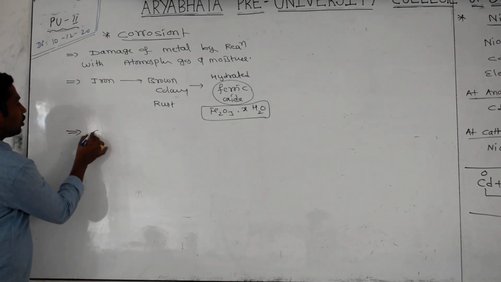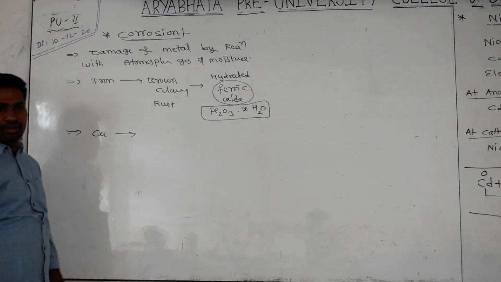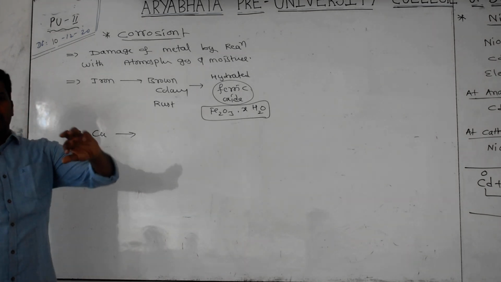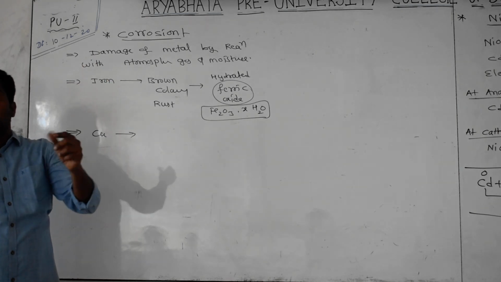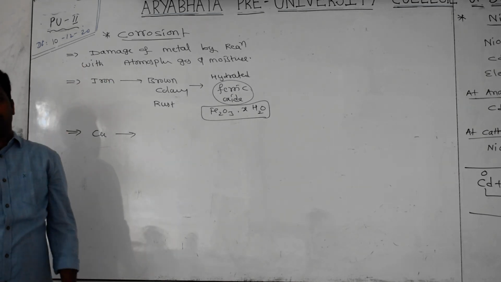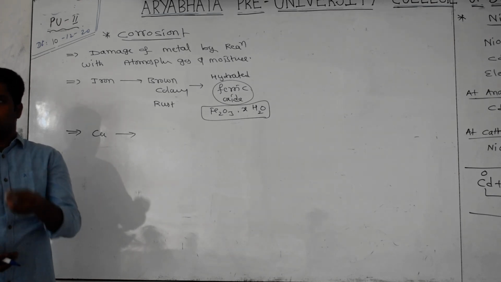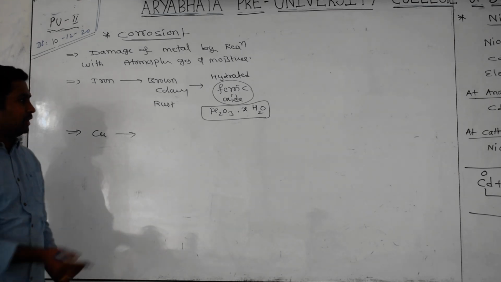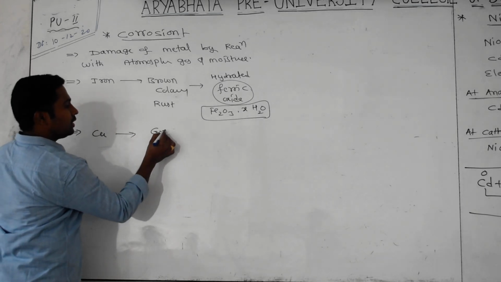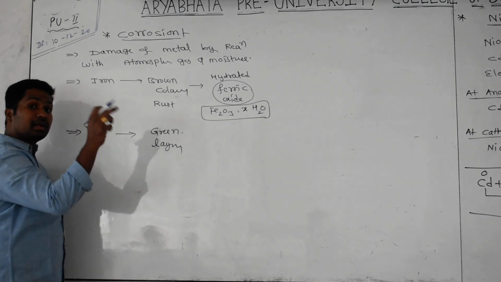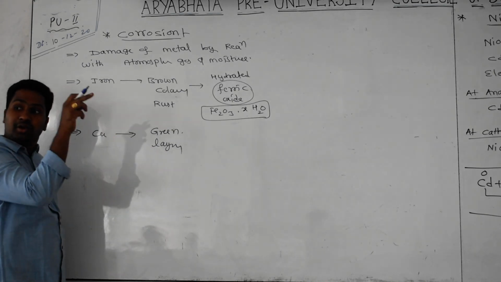Generally, if you take copper vessels, did you observe or not? Check it once. You are using copper glasses or copper vessels. Inside or on the surface, we are observing some green color layers. Green color, not brown color. Actually, it appears like brown color only. So a green color layer will be forming on it. That is only what we are calling rust on the surface of copper metals.